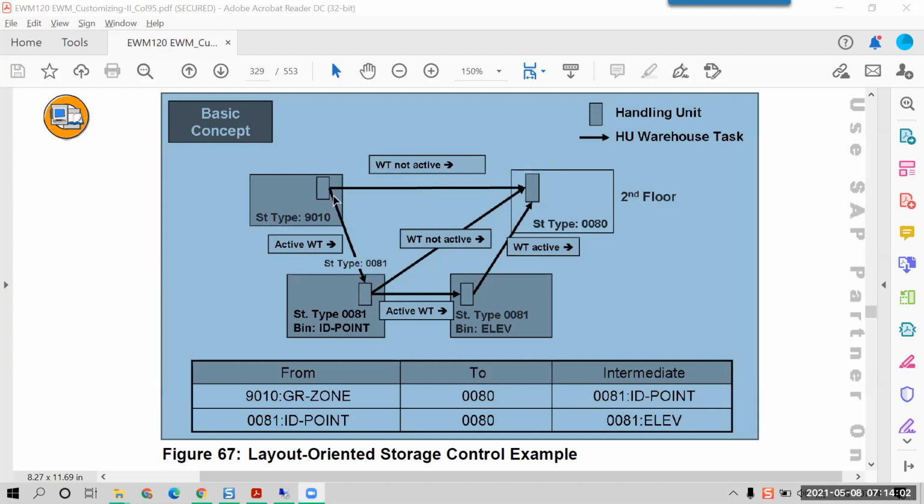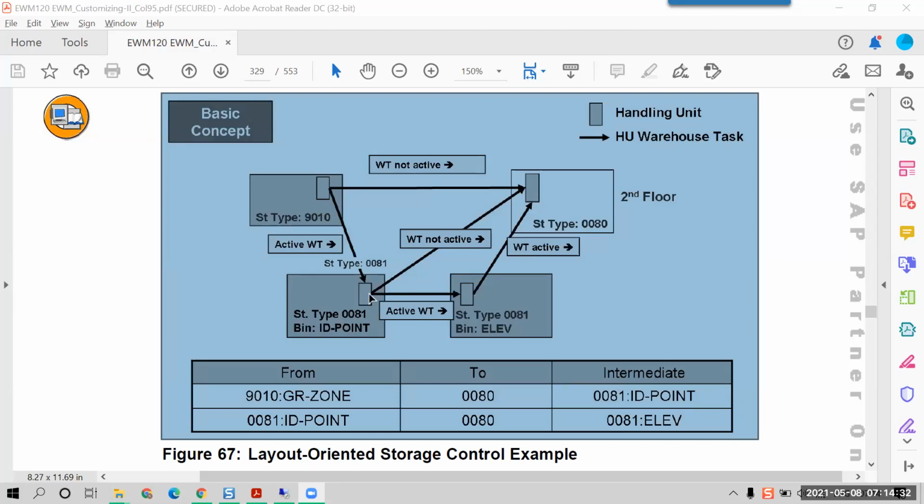From 9010, an open task, called an active task, will be created first to the ID point, but an inactive task will also be created. Inactive means a waiting task, status B, and this is from the GR zone to the destination bin.